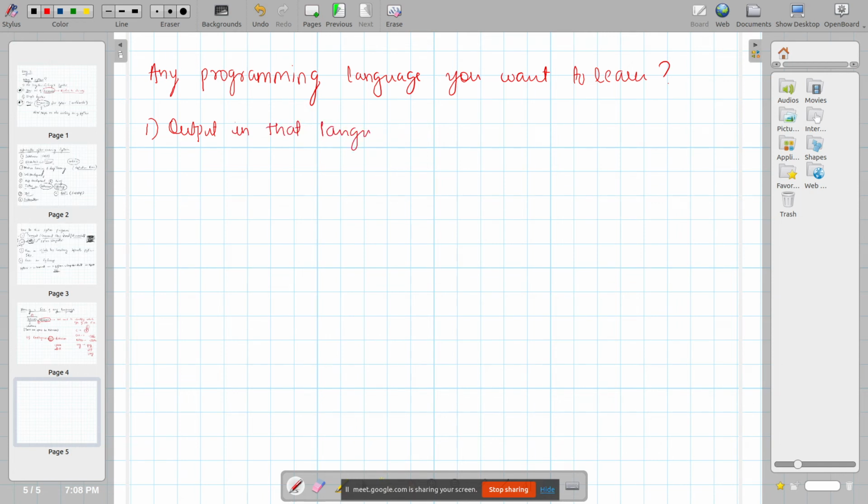Some people might not understand the meaning of output, we'll see what that is. But how to give output from the computer to the user in that particular language, you must see that. Then you must see how to take input from the computer. Some people might say we'll take it from the keyboard. Yes, but for that also you will have to write some command or program to take input. In every language it will be a different way. For Python it is different, for Java it is different, for C it is different. So input from computer is a very important point. You must always learn this first.